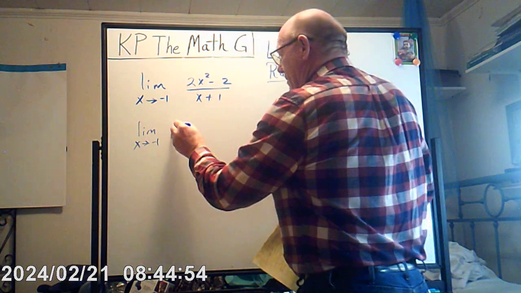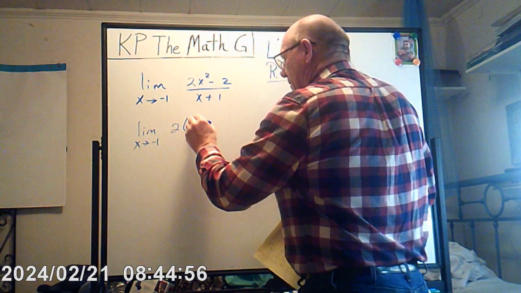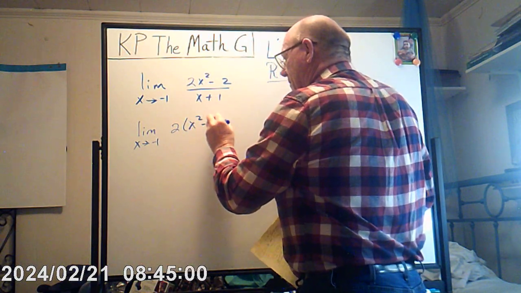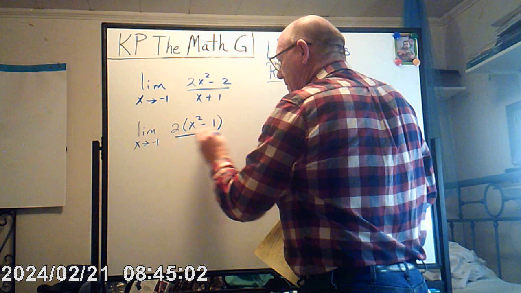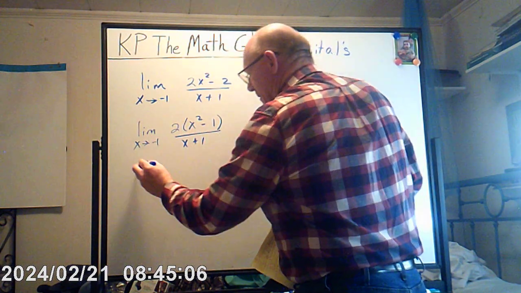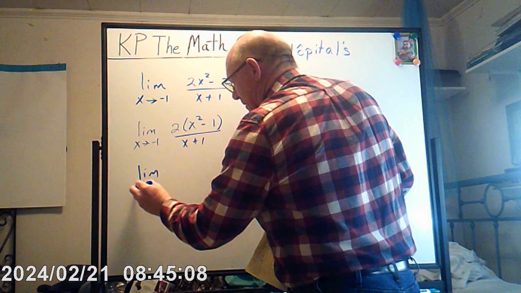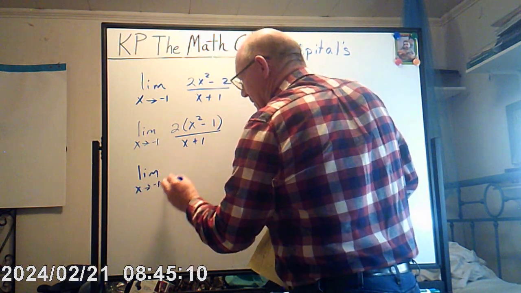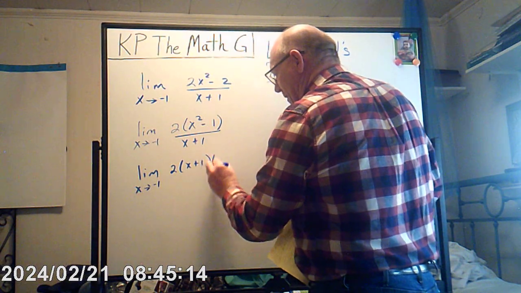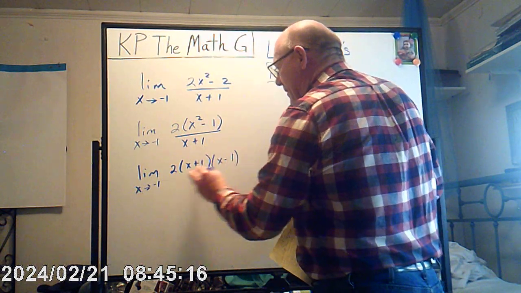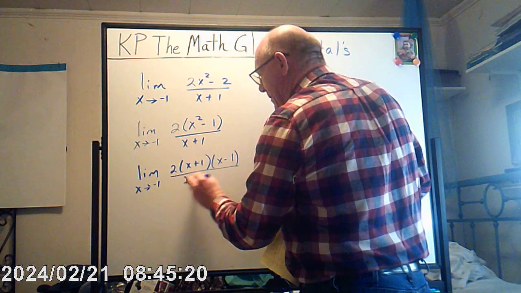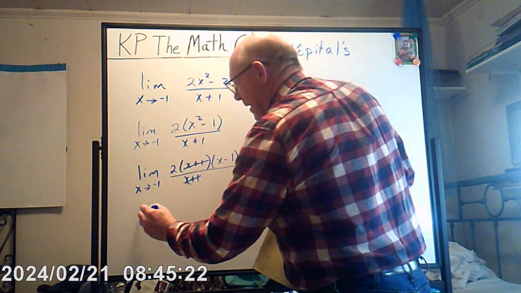So if I had 2, and then 2 times x squared is 2x squared, 2 times 1 is 2, you can readily see that we can factor this again, and we would get, alright, 2 times x plus 1, x minus 1, and then we see that that divides out, and now